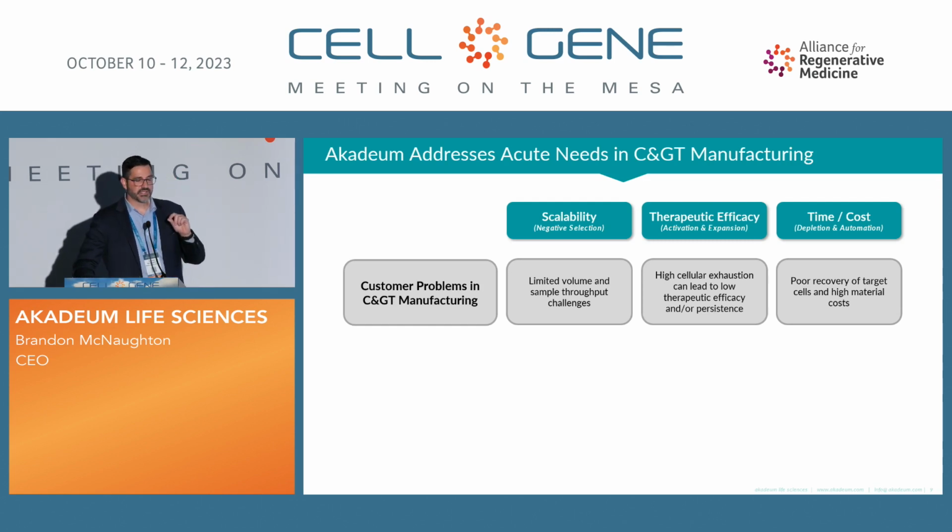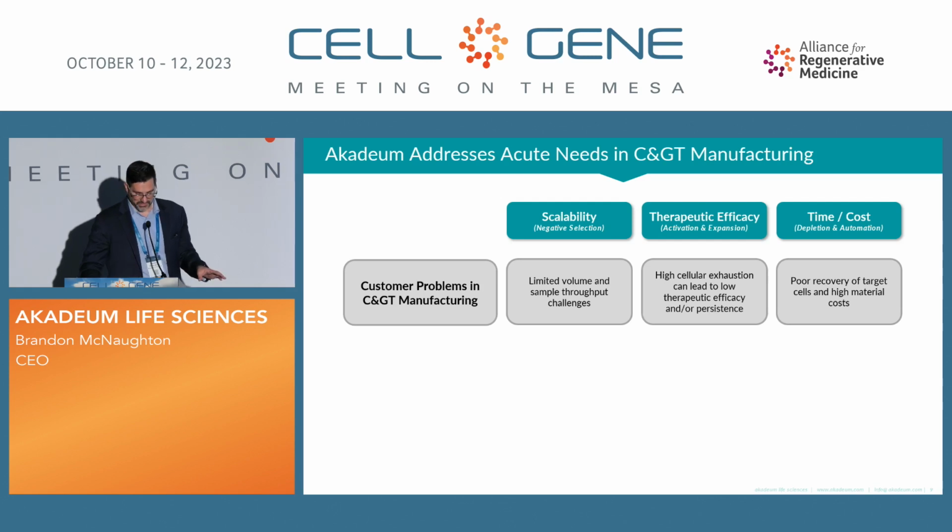So again, if your T cells are exhausted or worn out, how many of them, when they go into the body, are actually doing the job you want them to do? So that's something we've heard a lot about, is just wanting to minimize manipulation of the cell and keeping it in as pristine condition as possible, minimizing any levels of exhaustion. The last one is time and cost. So, if there's poor recovery, in some cases you can't even get enough T cells to carry out the process, the goal is to get enough recovery and yield and do so of healthy cells to minimize the time and